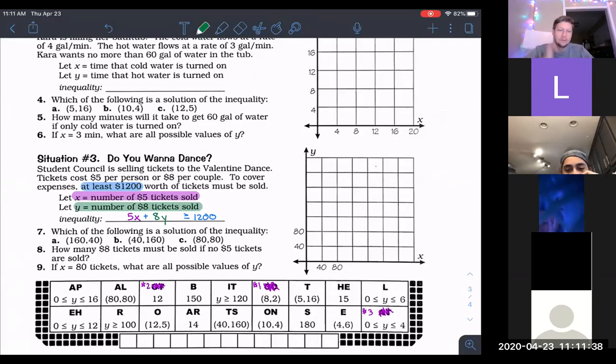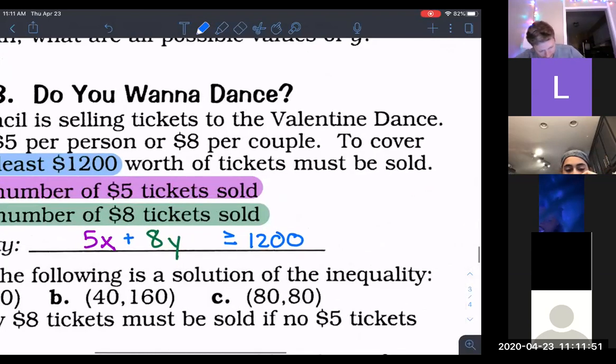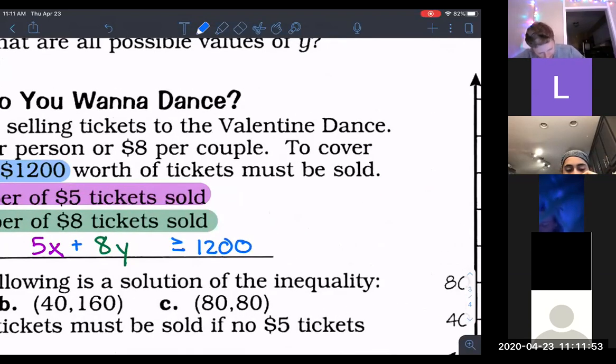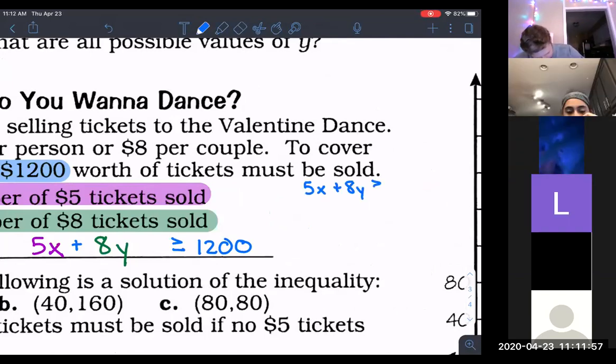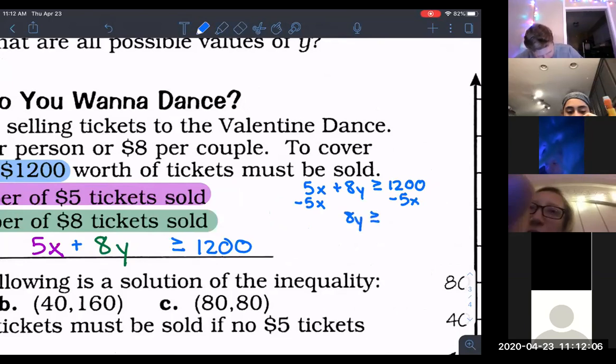So what do we have to do if we're going to graph this? Get Y by itself. That is correct. All right, so let's do that. We'll do it in blue here. I'm going to have to write really, really small, but that's okay. All right, so 5X plus 8Y is greater than or equal to 1,200. Okay, we subtract 5X from both sides. These are not like terms, so we just throw them in there next to each other. So negative 5X